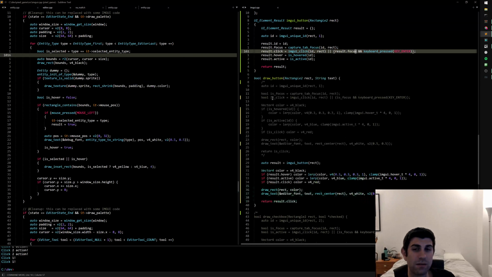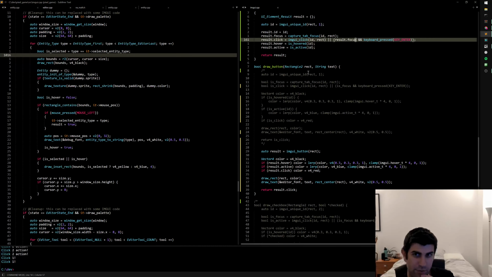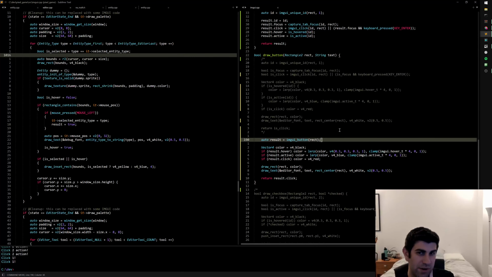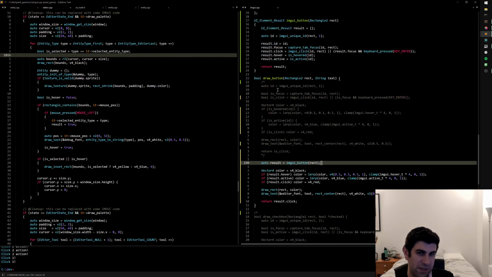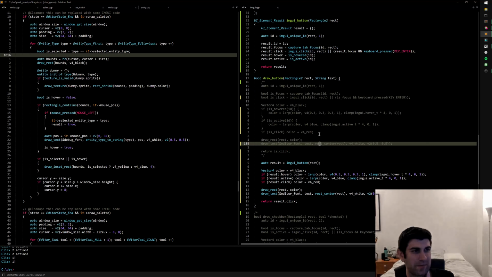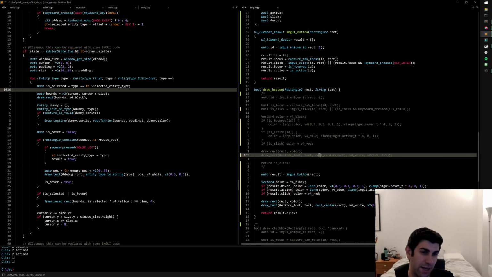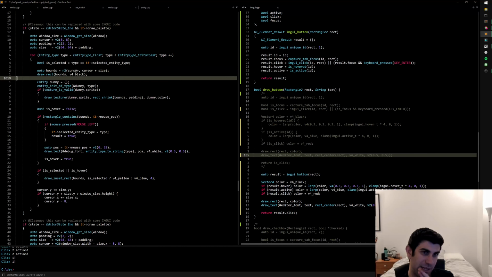Okay. So now we have that abstraction, which I like how it compresses the logic into this piece and then the drawing part into this piece. Because a lot of things are kind of buttons, but most of the time we don't want them to literally look like buttons. So I like that. And then what we can do over here is say, okay, we're going to have an IMGUI button, and it's going to be in this bounds here. So same exact thing,